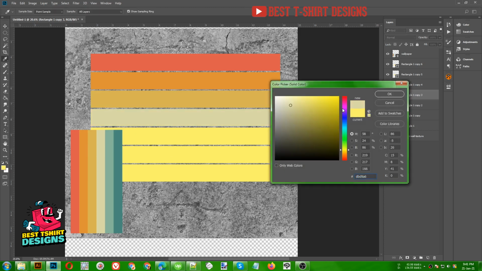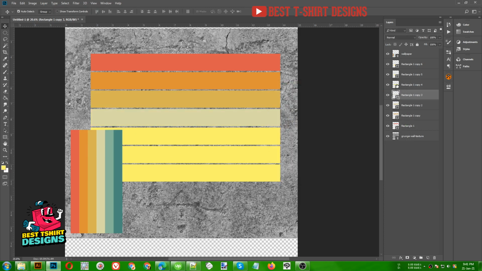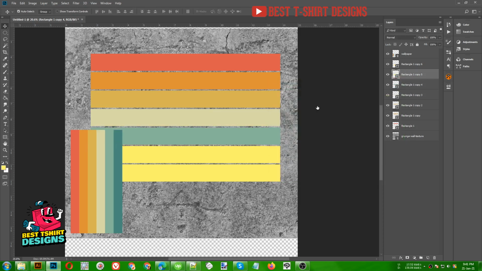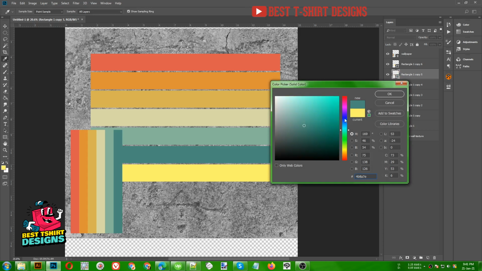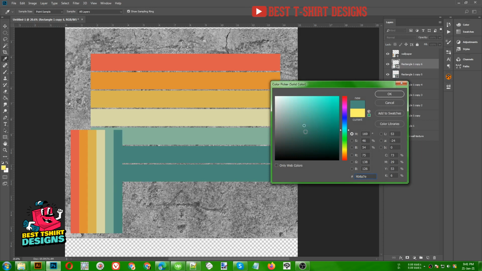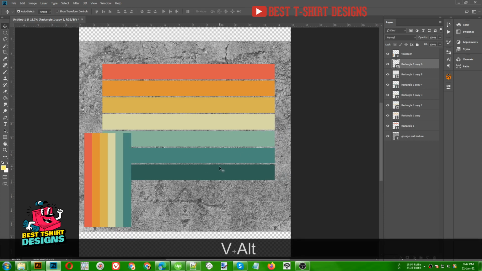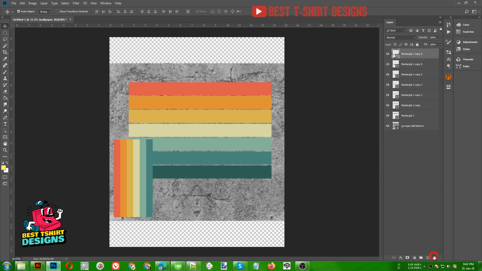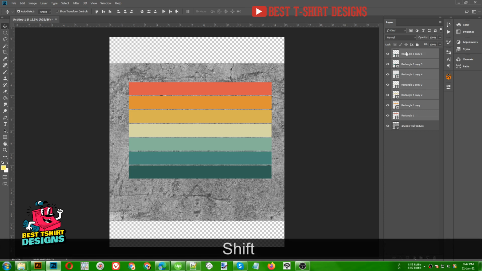So you need to just bring an image that is your color reference, and then you can pick colors like this. Maybe we have an extra rectangle here, but that's fine. Let's pick this color, then take a darker shade of that color, something like this. That is fine. Okay guys, so as you can see we have now our rectangles here, and now I don't need this wallpaper, so I'm going to delete that layer. Now for these rectangle layers I'm going to select all of them, then press Ctrl E.